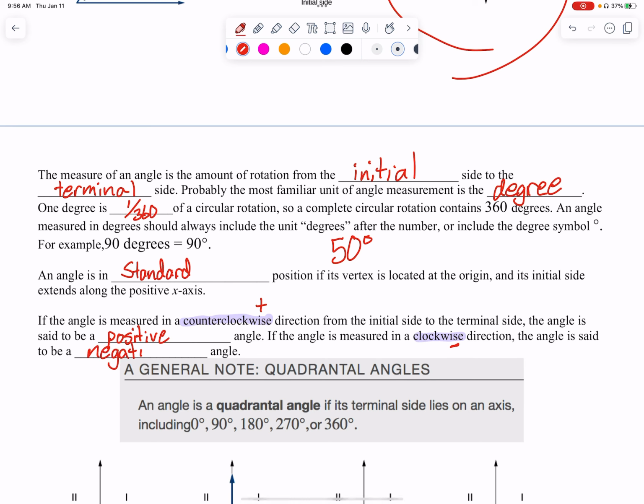So if it's counterclockwise, it's a positive angle. If it's negative, if it's clockwise, then it's a negative. All right, one definition here, and I actually really didn't see this definition until we started using a couple books